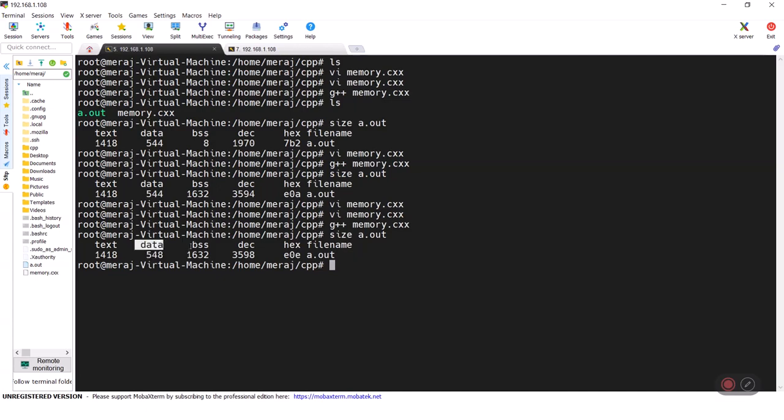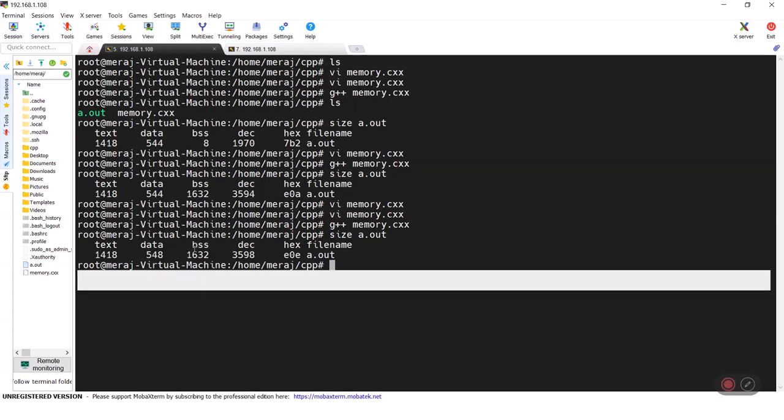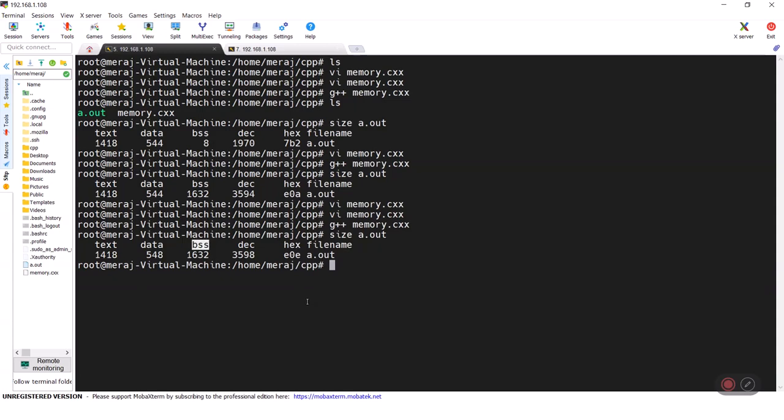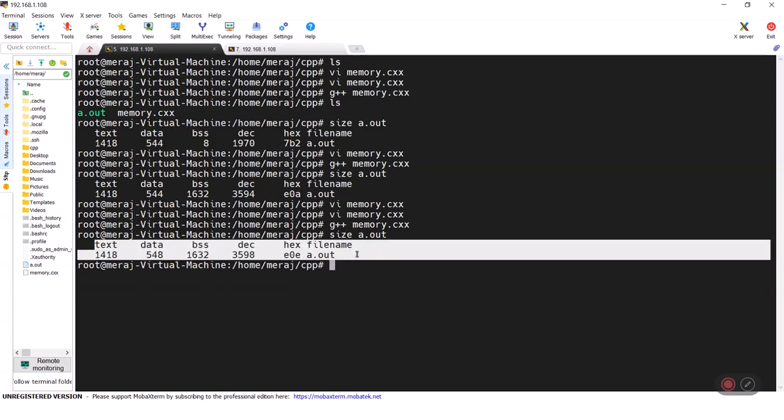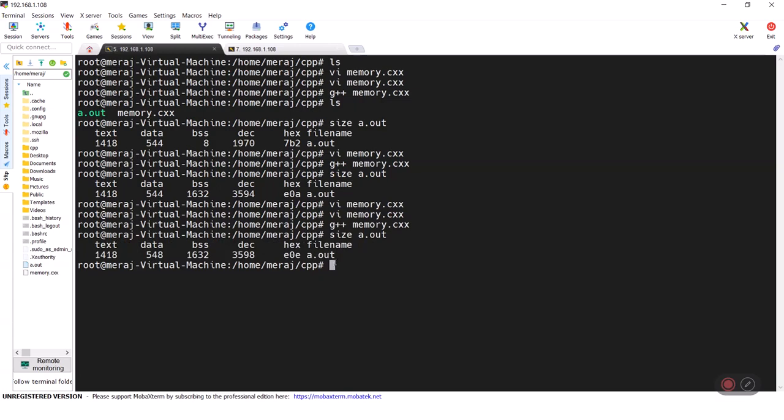Similarly, the array variable went inside the BSS. That's how we can demonstrate the different memory sections of a program.